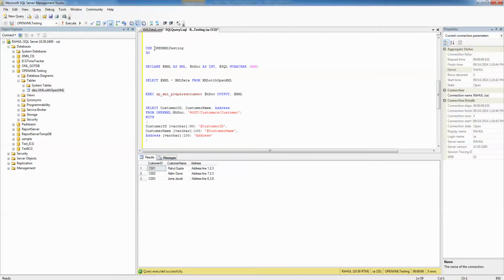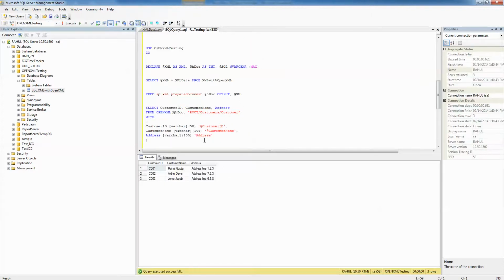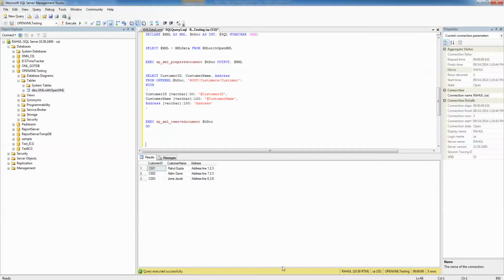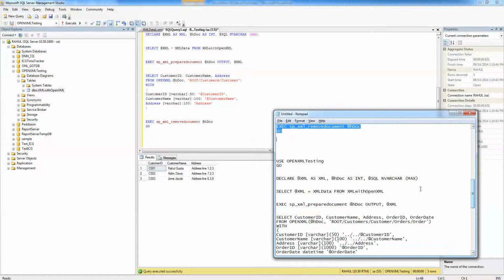Now what do I need to do if I need to get the grandchild level as well, and I need to get the order ID and the order date for the corresponding customers? Just a simple change in these queries and you can get the output. What we need to do is penetrate into one more deeper level.